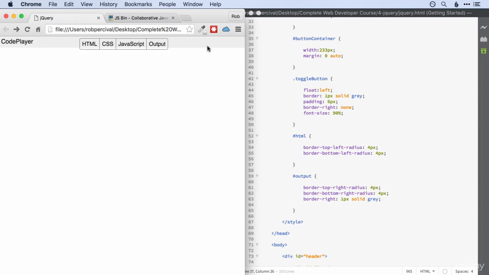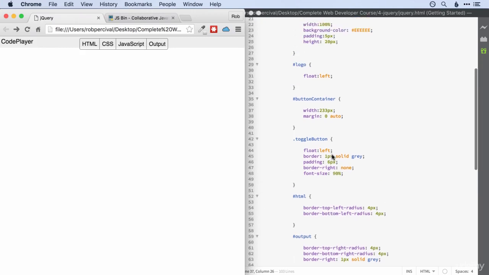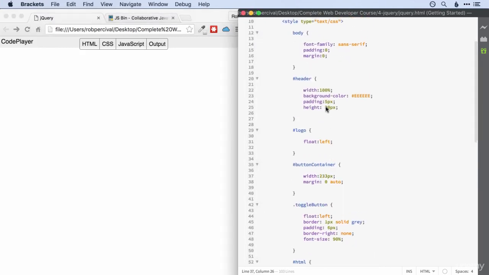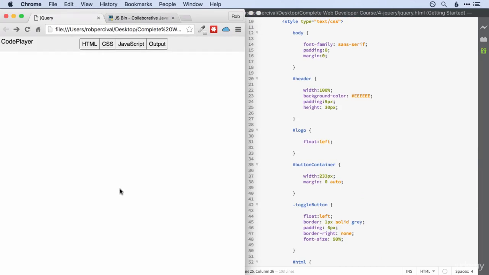Obviously the header bar is not quite as high as I'd like. We could fix that with a width, with a height, I mean. So let's experiment with that. 30 pixels. That looks actually pretty bang on. That'll do. So now let's just change